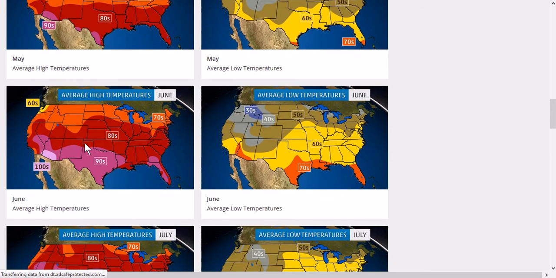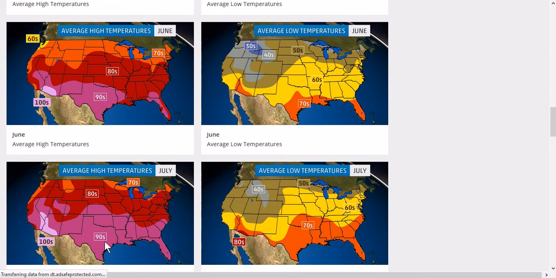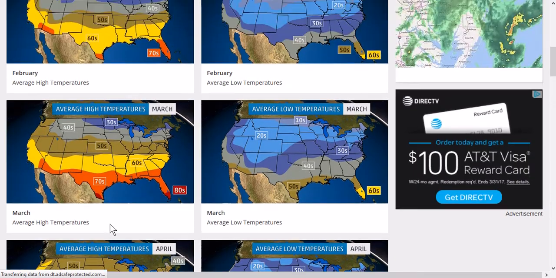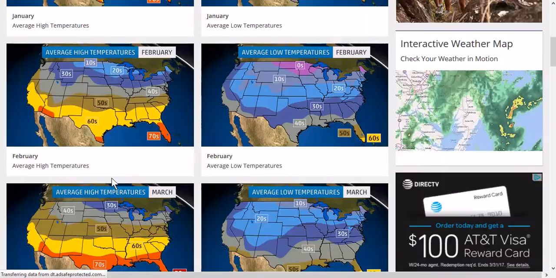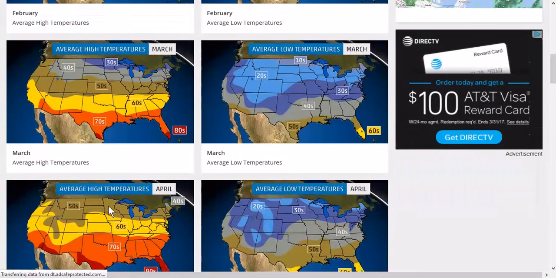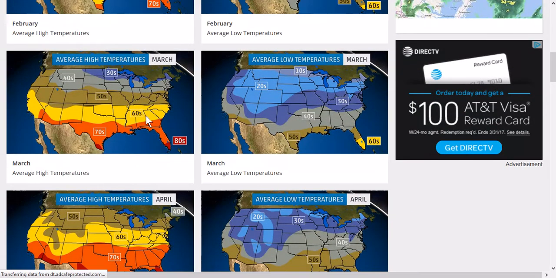Now we look at the summertime. Not much difference between Texas and North Dakota. Whereas up here in the wintertime, huge differences, especially in the springtime. And so once again, this is an area with extreme weather. One of the things you're going to find is extreme differences not only in the seasons, but also